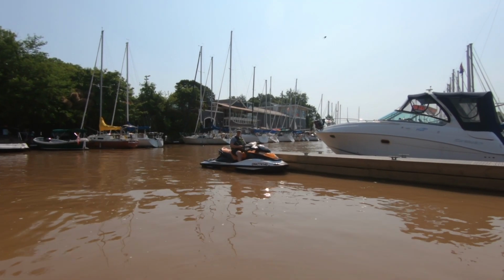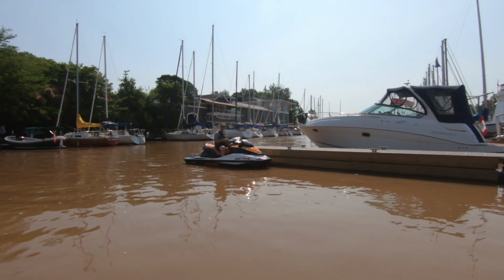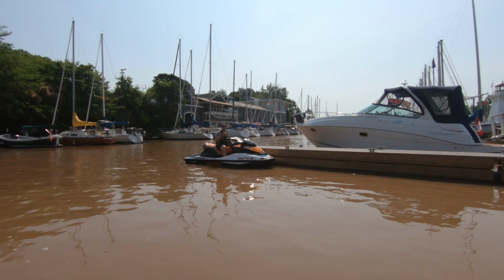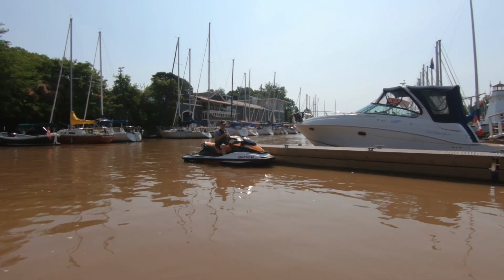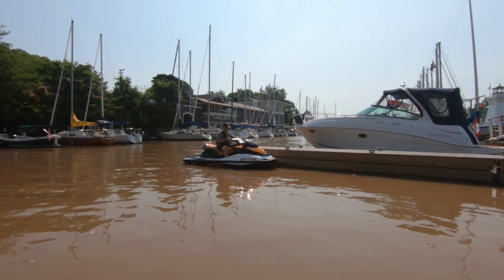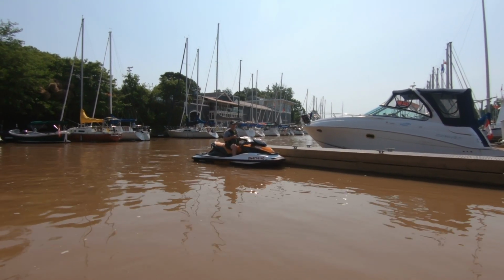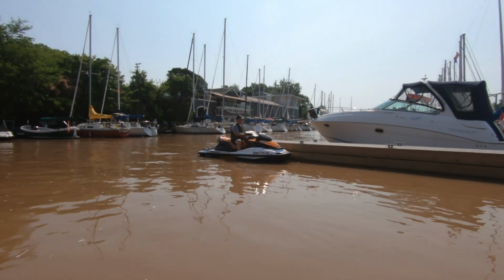Okay, so here's a little quick demo. Here we are back at the marina. I'm just going to start the machine up. I'm going to show you the backing up and going forward with the left-hand throttle control, and then some of the maneuverability of the machine around the dock. It's really good. So key on,